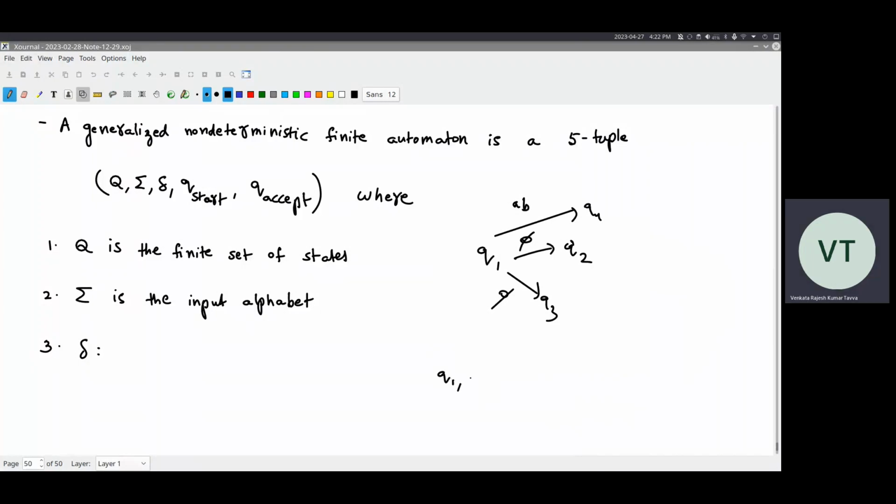Now, if you give this state Q1 comma 5, your output will be not one state but a set of states, right? Q2 and Q3. But we don't want this. We want one regular expression between a pair of states. This we can't avoid. We want the output to be one unit, one state, but that is not possible. It can be more than one state for the same regular expression. So rather than mapping a state and a regular expression to a set of states, because we can't avoid that,